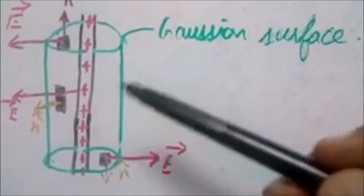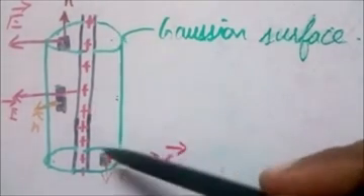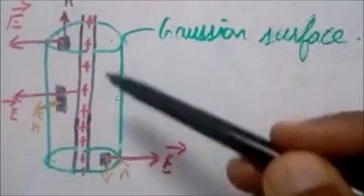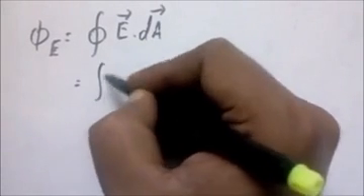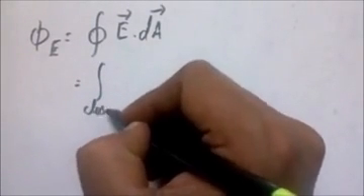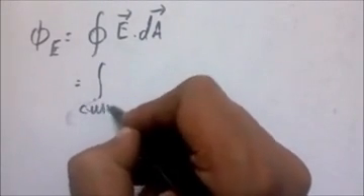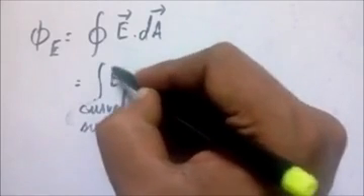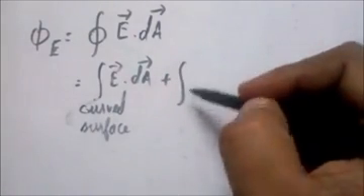If you notice now, there are three surfaces. One is this curved surface. The cylinder has a curved surface. Then we have a top surface and a bottom surface. So there are three surfaces, and they have three different fluxes here. Let's calculate that. For the first one, we'll take the curved surface, and the integral of E vector dot dA vector, plus